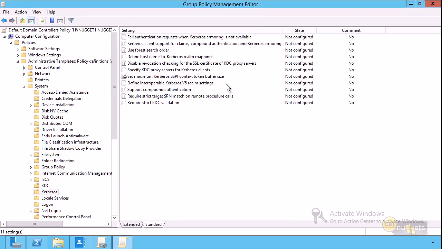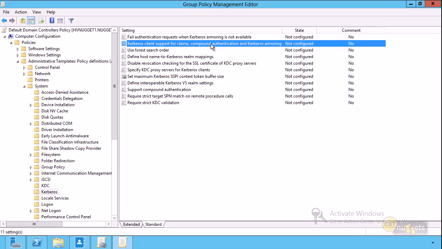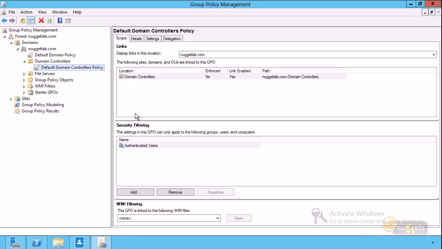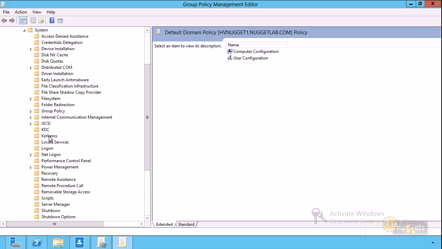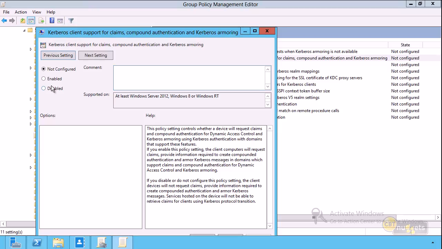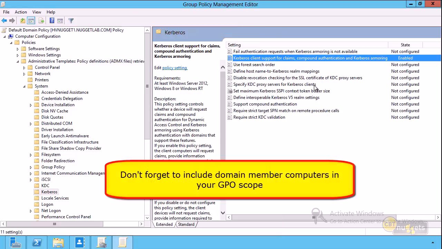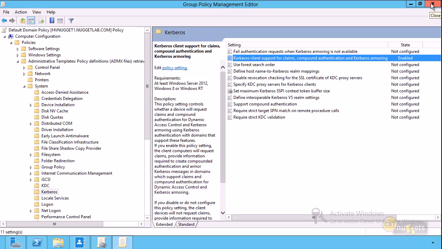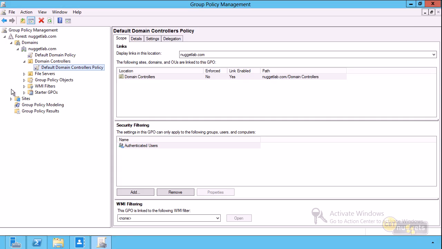Unfortunately, we're not yet finished. In the same path for Kerberos, we have Kerberos client support for claims, compound authentication, and Kerberos armoring. Can't do that here in domain controllers, so what we'll do is close out of that and edit the default domain policy, find the same path, and let's enable it here for clients. You following me so far? So we've taken care of the domain controller Kerberos stuff, we've just configured client Kerberos,